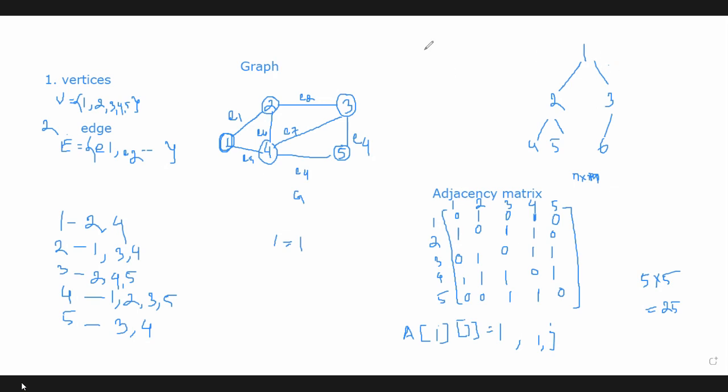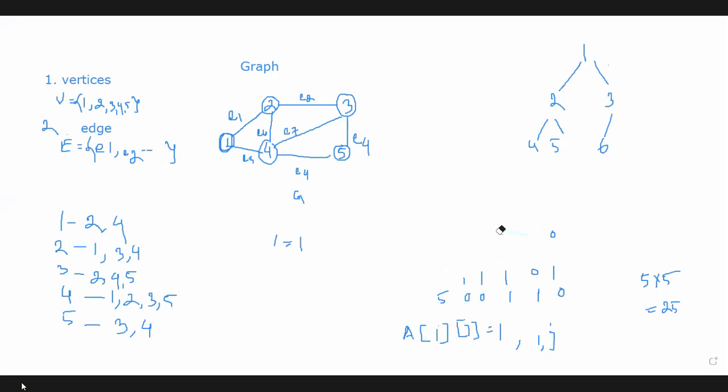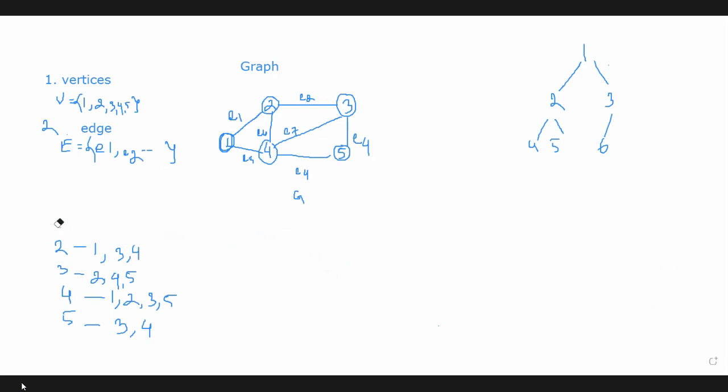Okay. So now look at this tree. In a tree, how do we usually find out the degree? How can we find out the degree of any node or the degree of a tree? What is degree? The tree is given. From this tree, how can we find out the degree of node 2 or node 6 or node 1?